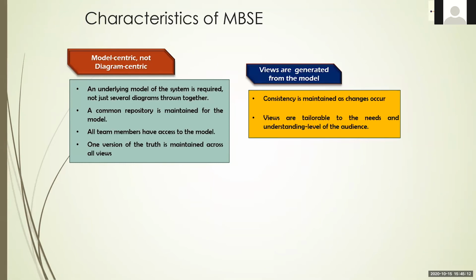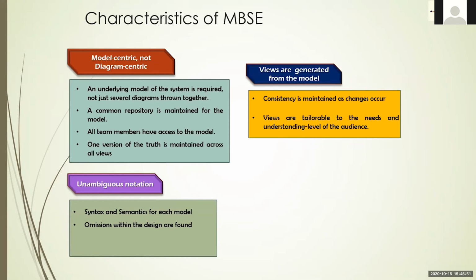So it's not like somebody else is doing it on their own computer and that computer is not connected to the internet and is not synchronized with some other models or changes that were done in other models. No, we should not work like that. So we should invest in having a common repository, feeding that repository with the different models from different application domains or different characteristics or aspects that we are interested in. And once we have some of those models, we can create the views that we need, okay?